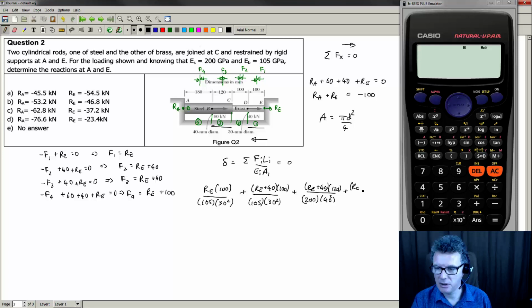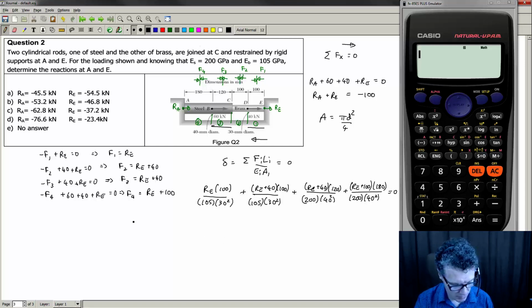Okay, let's do the last one. RE plus 100. So that's F4. The length of section 4 is 180. Divide that by Young's modulus of steel, which is 200 gigapascals, and it has a diameter of 40. So that sums to 0. So you can then work out all those terms,